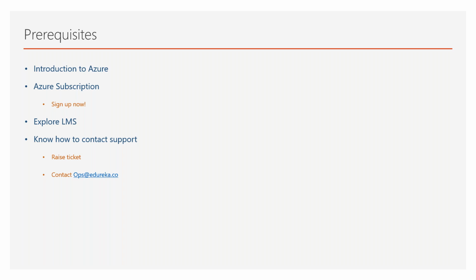Okay. All right. As far as prerequisites are concerned, if you're not aware of Azure, that's okay for the first class. But I hope that after this first class, you'll have a good understanding of that. Apart from that, if you guys are new, go ahead and sign up for the Azure subscription. That is very, very important for all the practice. At the end of the class, I'll show you how to sign up for one. You'll get a $200 free subscription that you can use for 1 month. So you definitely need to have an Azure subscription for practicing it.